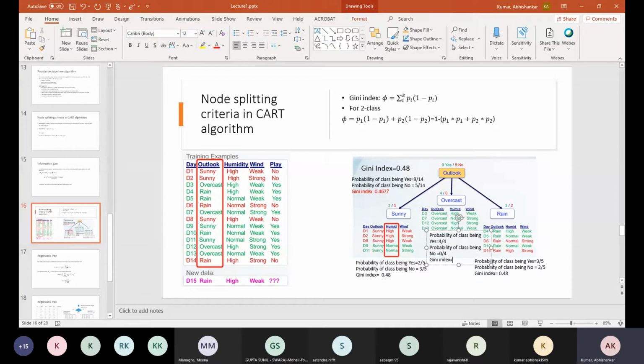So why did the Gini index come out 0 here? Because it has completely and correctly classified all things. So you understood, when it completely classifies, or all observations belong to one class, then the Gini index becomes 0, correct? And if there is a misclassification, then it will be in between 0 and 0.5, anywhere it can be.